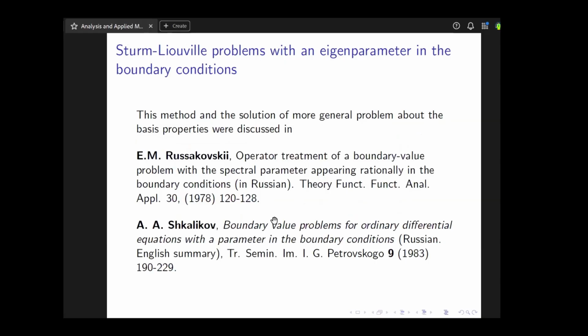In general, Sturm-Liouville problems with eigenparameters in their boundary conditions, in general form, were studied before by Rasulov and Shkalikov. They obtained results about completeness of the root function system and other related properties, using again